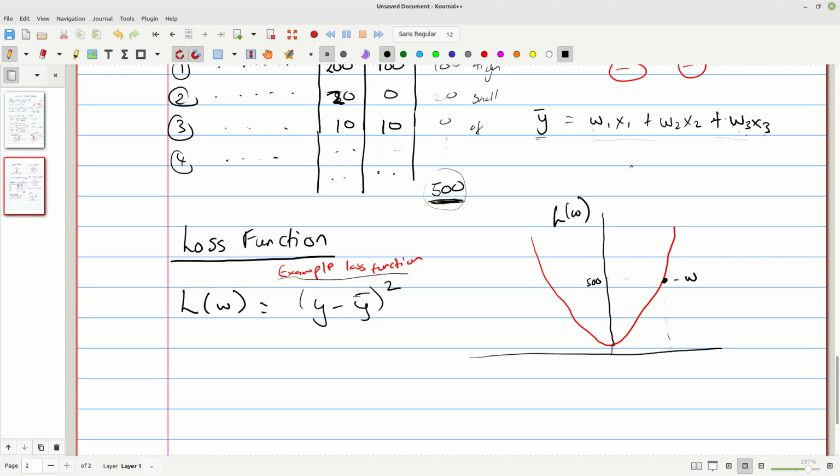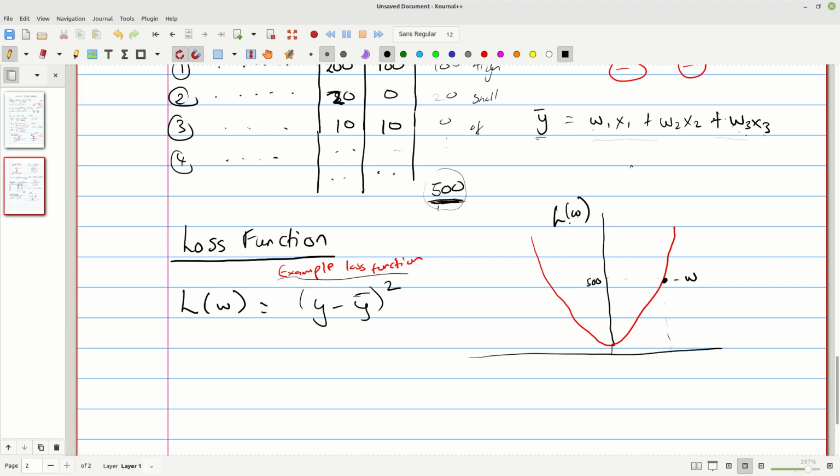So what we are trying to do is minimize the cost. Right now the cost is 500. We're trying to find values of W that actually minimize the cost. If you remember from calculus, if you're given a function like this and you're trying to find the minimum point of this function, you would take the derivative of the function and equate it to 0. Because by taking the derivative and equating to 0, you find the minimum point.